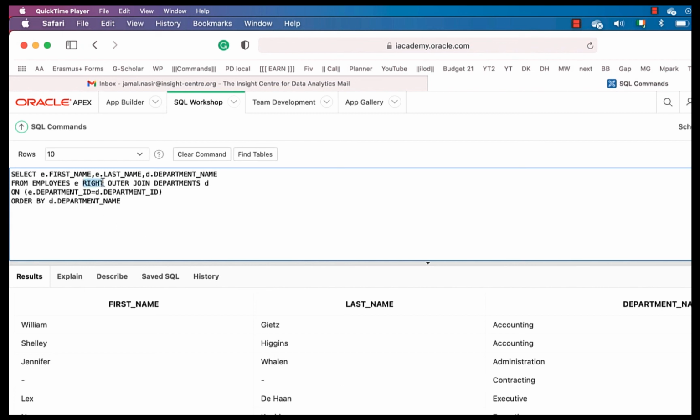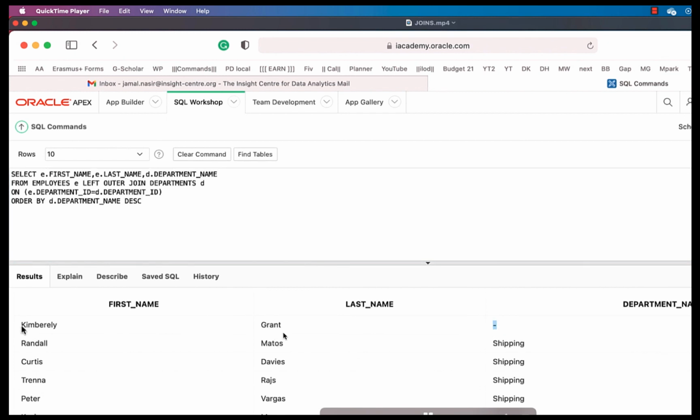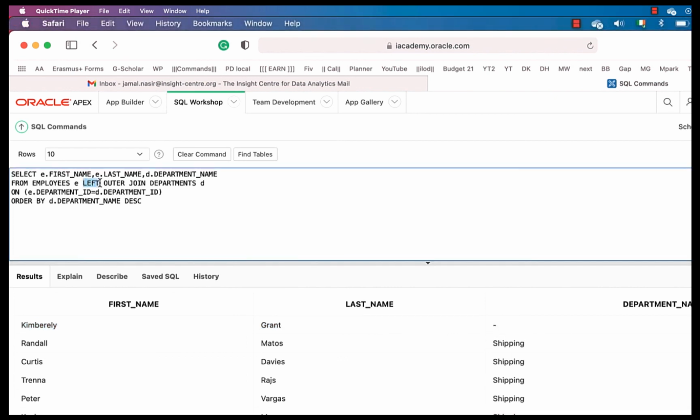Same is the case, we can do it with left outer join, so that we can check whether there is any employee to whom no department is assigned. So we can simply see this. Is there an employee? Yes. This Grant Kimberly, or Kimberly Grant, is an employee. She is not assigned to any department. You can see this dash.